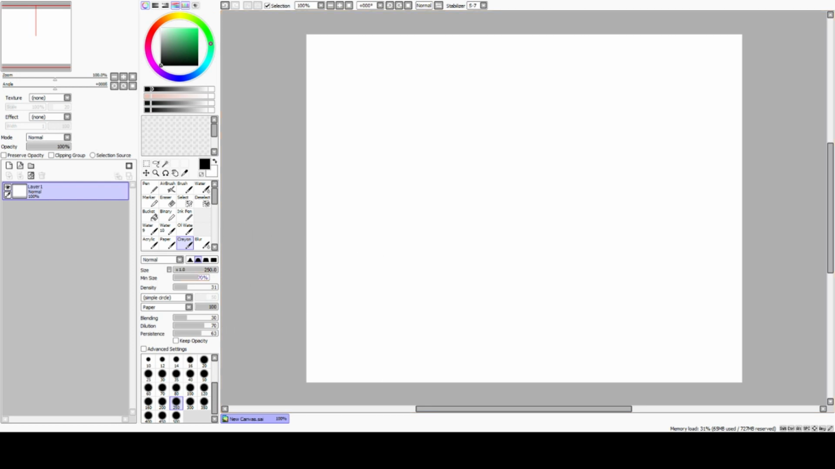Minimum size of at least 70%. Density is only 31. Paper, and I'll explain why I have it to a simple circle paper. Blending should be at least 30, dilution at least 70, and persistence at least 63 should be good. You don't need the opacity, but the reason why this is like this is because I use this for a